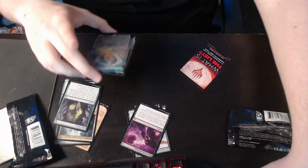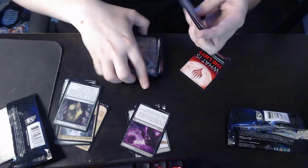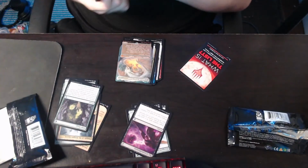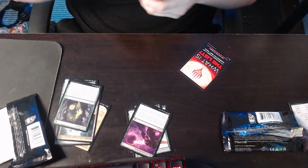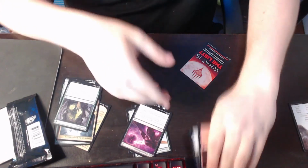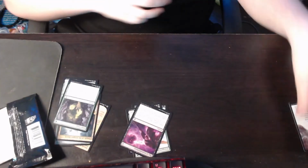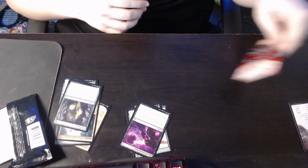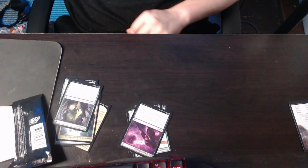Some good stuff. We'll move our rares onto the side here. That is a really good one. And then, of course, we get a zombie token. Zombie token. That's cool. Not as cool as what we just got, but it's cool. Okay, let's do